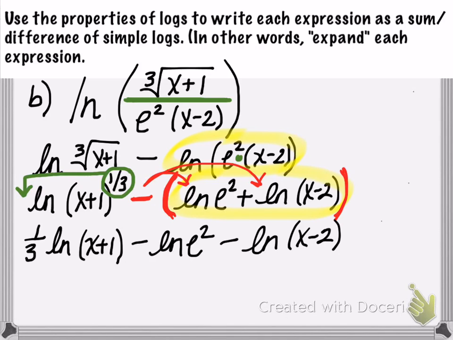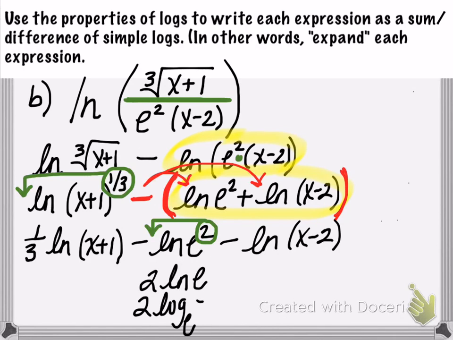And then I continue with my properties of logs, and there are a couple of ways of simplifying this middle logarithm. Okay, I'll show you both ways. One way, if you wanted to use your property, would be to realize that your argument has an exponent, so we can rewrite that exponent as multiplication. So this would be the same as 2 times the natural log of e. But then remembering that natural log really means log base e, and my argument is also e, so I have